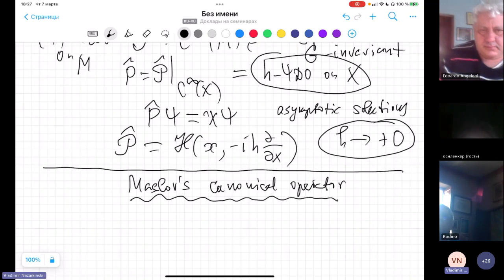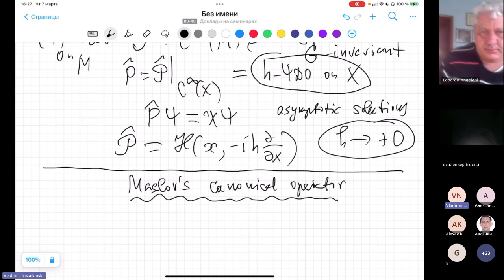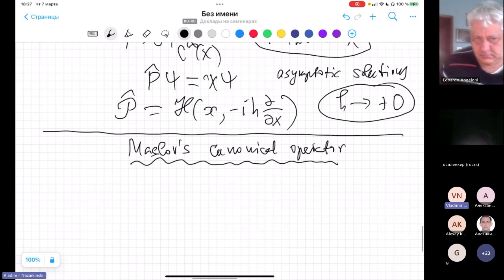This canonical operator is well known on smooth manifolds, and so our problem is to transfer this construction to manifolds obtained as orbit spaces of compact group actions on a smooth manifold. And so we proceed as follows. We will construct some canonical operator